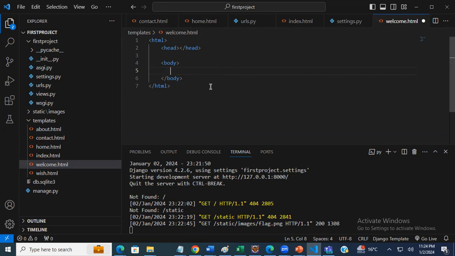We can use a template tag to insert an image. If you want to insert static resources in your template file, then at the beginning of your HTML file you need to add the following template tag. What is the template tag? Curly braces, percentage,